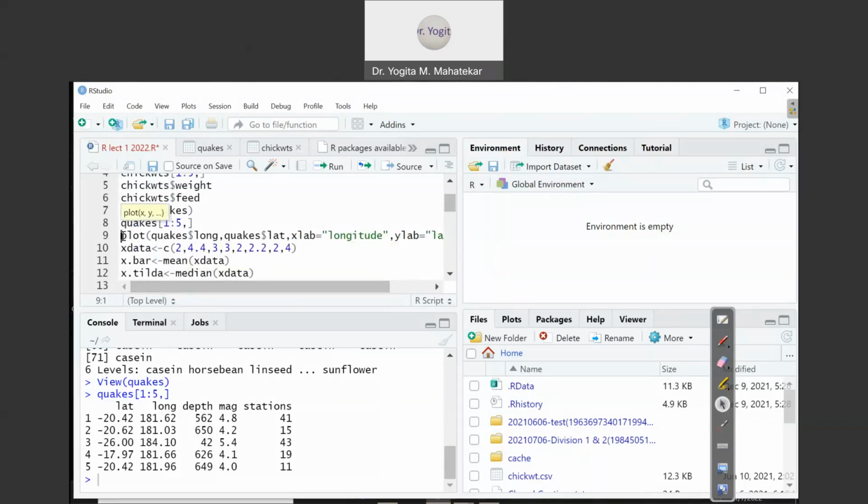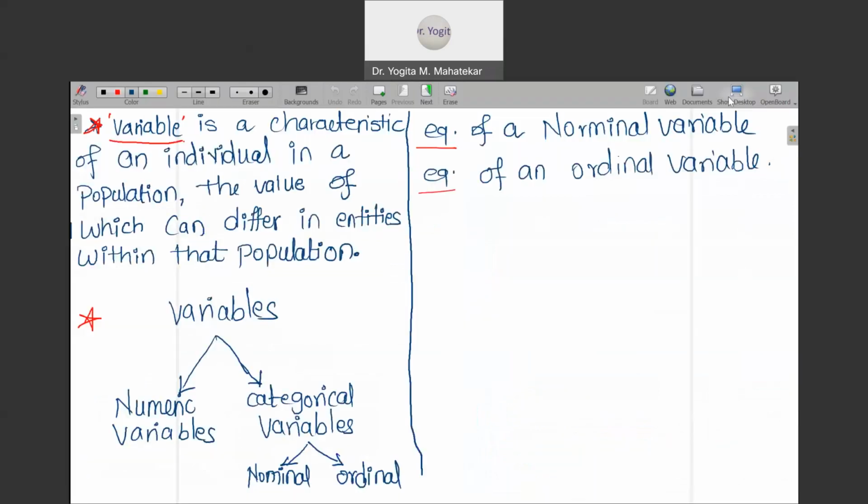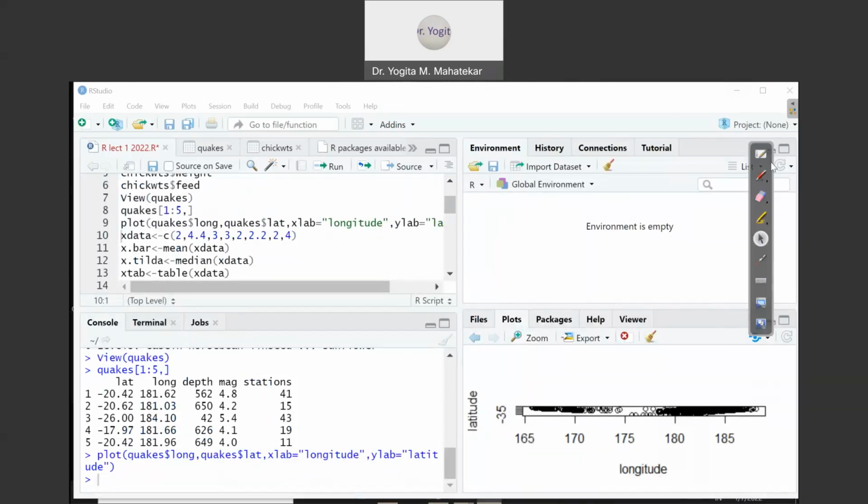It's basic syntax. First of all, you write down the variables in the given numerical data, what versus what you have to plot. So I have to plot longitude versus latitude because I have to identify those spots of earthquakes. So let us do it quickly. I'm going on line number 9 and I'm pressing Control plus Enter. Now one can see in the files and plot window, a two-dimensional display is generated.